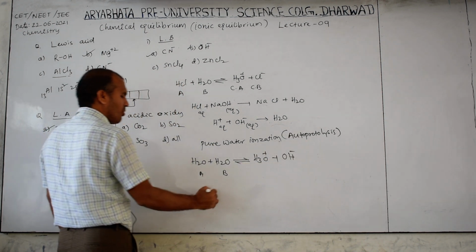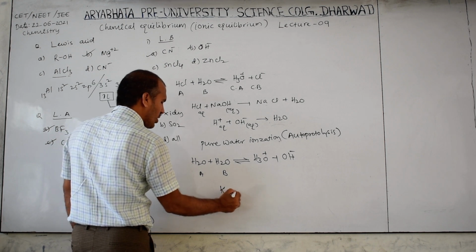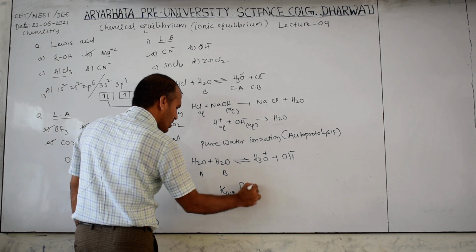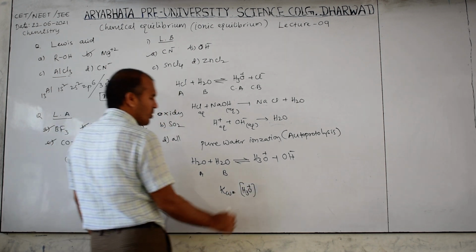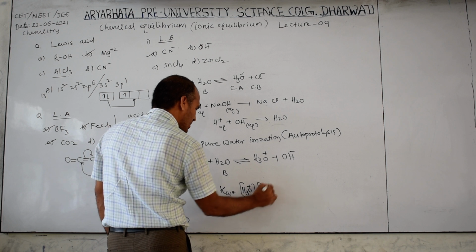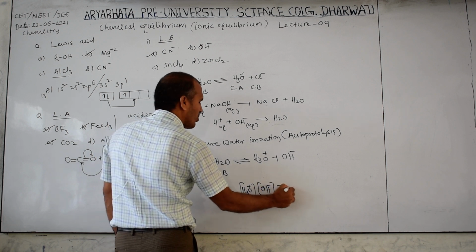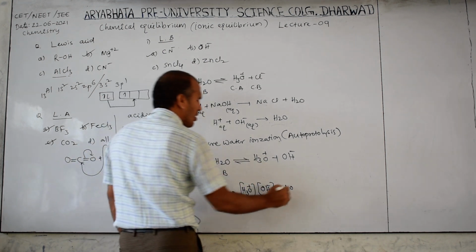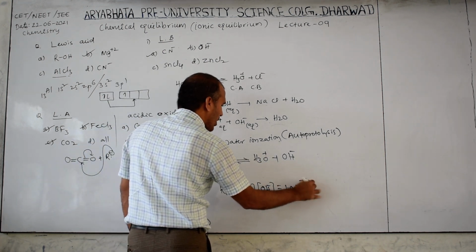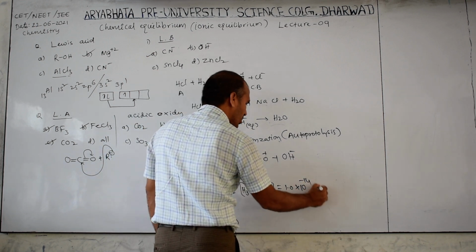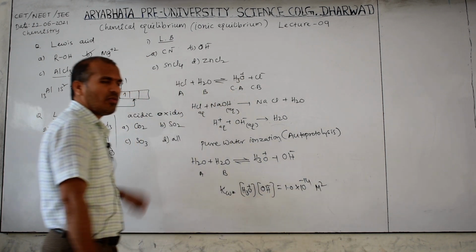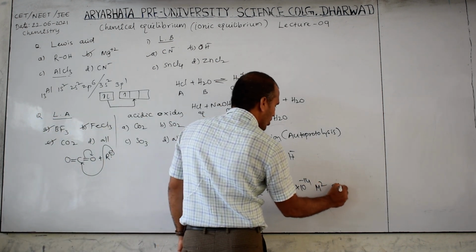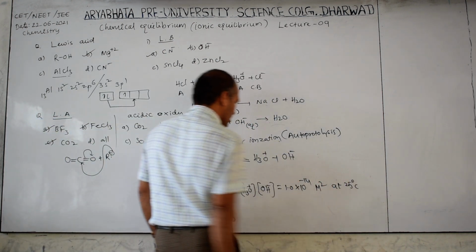Clear? Therefore, this can be represented as Kw is equal to [H+] or [H3O+], you can write H3O+ or H+, no problem, times [OH-]. This is equal to 1.00 something, or 1.0 only. Actually 1.008 something is there, 1 also, no problem. 10 power minus 14, M square, meaning molarity square. What is the unit of molarity? Moles per liter. This is at 25 degrees Celsius.